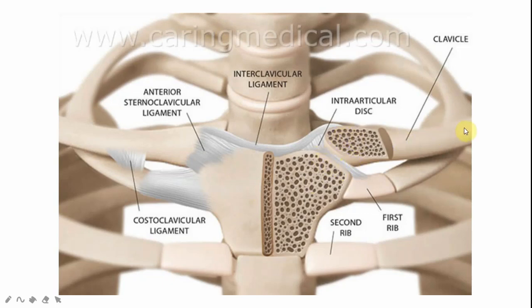As you can see, this is the left clavicle here, and this is the intra-articular disc, which is a fibrocartilaginous disc, and this is the manubrium sterni here. So this is the right sternoclavicular joint, and this is the left sternoclavicular joint. If you carefully look at it, the first rib and the first costal cartilage, second costal cartilage, second rib, they are very closely associated with the sternoclavicular joint. So if there is an injury to the sternoclavicular joint, that invariably may be affecting those first rib and the second rib as well. And if there is a fracture of the first rib, that needs a lot of impact,